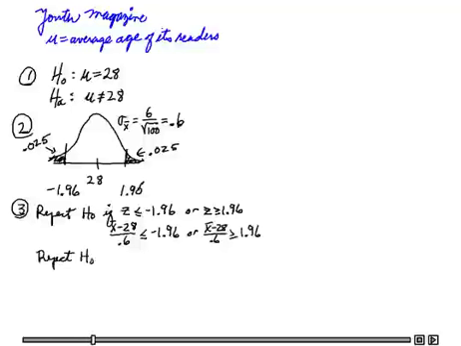So that just means solving for x bar. In that first inequality, I'll multiply both sides by 0.6 and add 28. So I will get: reject H sub 0 if x bar is less than or equal to 26.82, or, same thing here, multiply both sides by 0.6 and add 28, x bar greater than or equal to